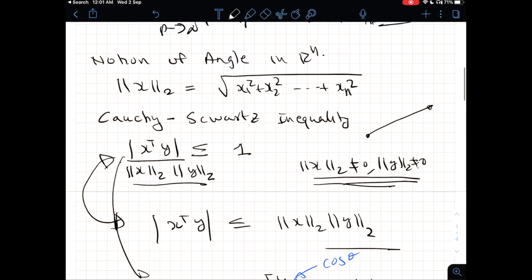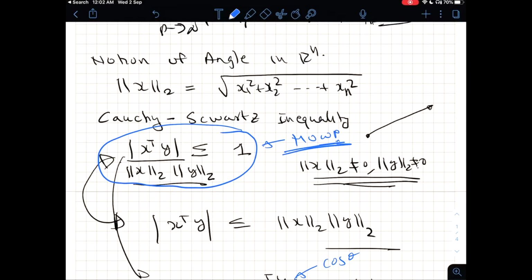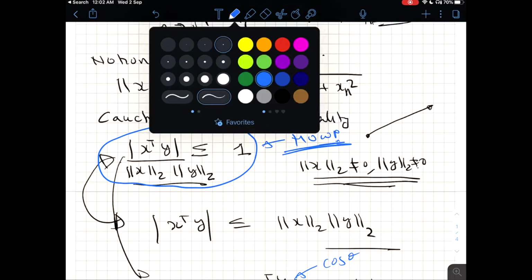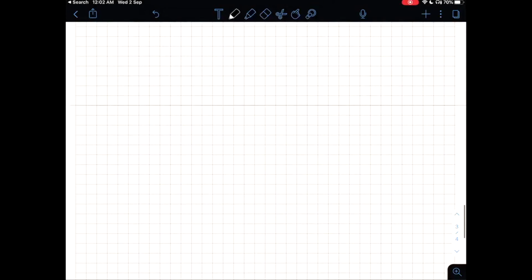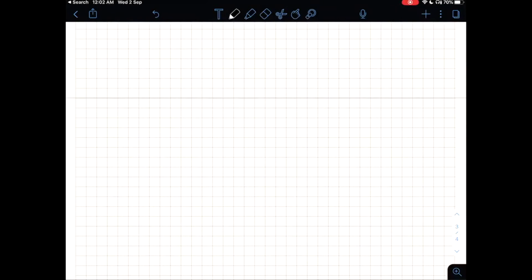I have still not shown you, and this question must be bothering you, that this should be less than 1 in magnitude. This is the Cauchy-Schwarz inequality, which I have still not proven to you, and some of you must be really worrying how I am going to prove it, or what the proof is. You would not be satisfied, I am sure. Some of you would definitely not be satisfied unless I give you a proof for it, and that's what I am now planning to do.